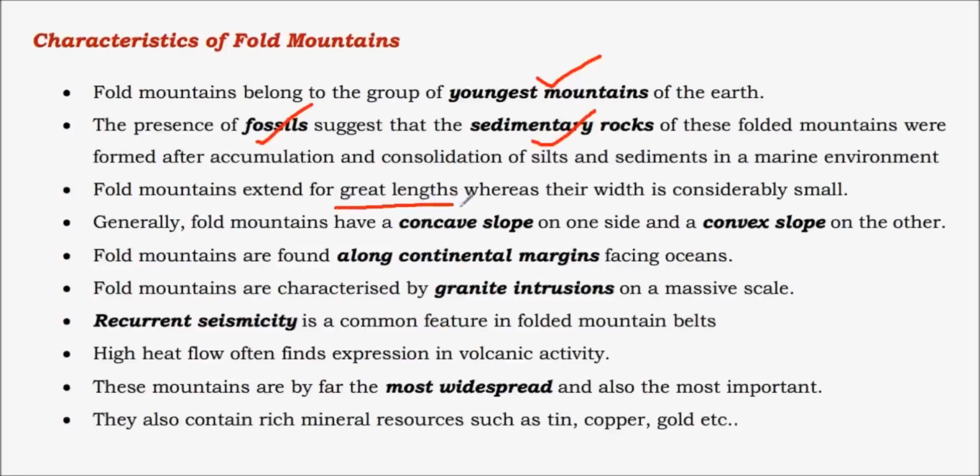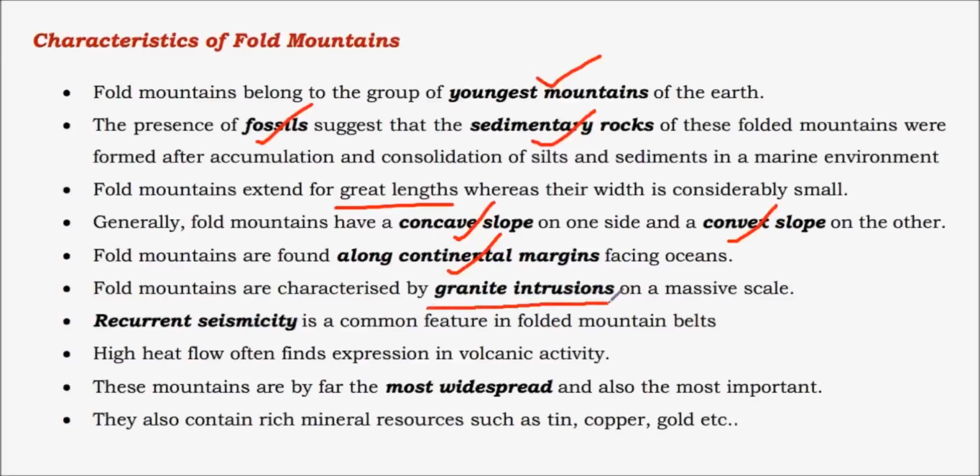For example, Rockies and Andes, etc., which are about 3 to 4,000 kilometers in length, and they have a concave slope on one side and a convex slope on the other side. This is a very general characteristic, and as we have seen, they are found mostly along continental margins with few exceptions like Himalayas, which are found between continents,